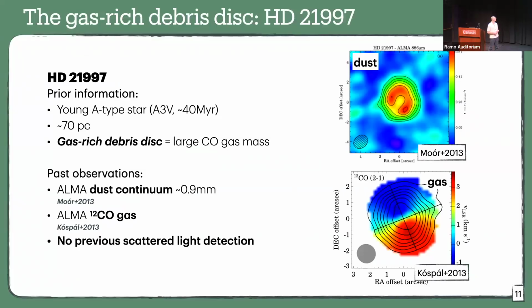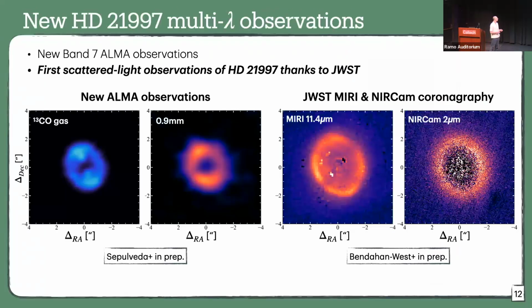In terms of past observations, they actually trace back from more than a decade ago now, and we have ALMA dust and gas observations of this system. But in terms of scattered light detection, there's none previously done, and this is until JWST. And so here on the left, I'm showing you some new ALMA observations, but most importantly on the right here, I'm showing you the first scattered light observations of this system thanks to JWST, where we actually managed to detect the